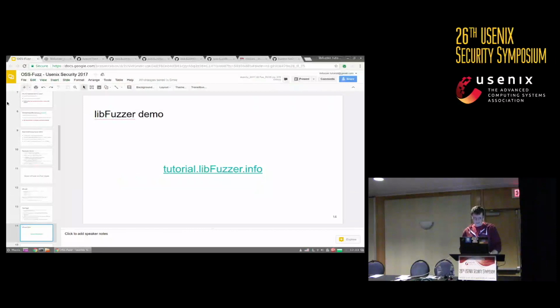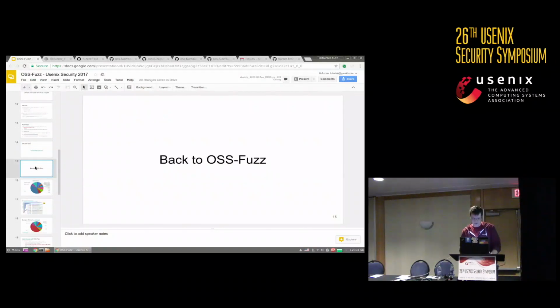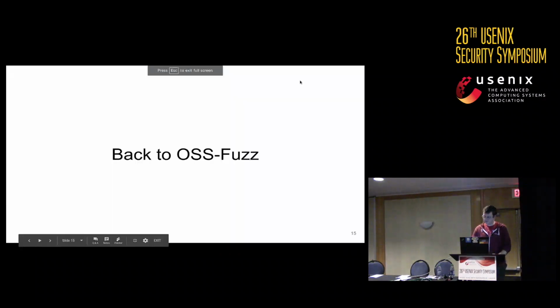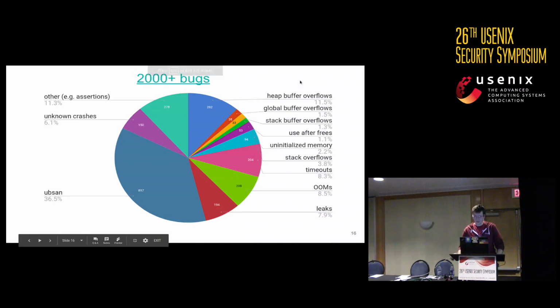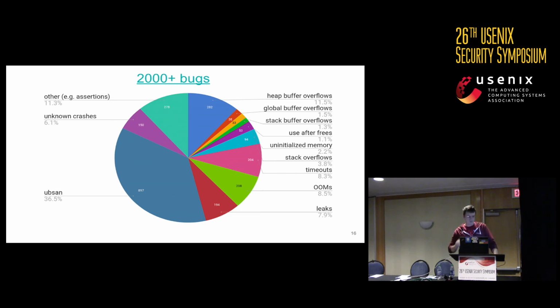Okay, we're short of time. I'm switching back to the presentation, and I will now continue talking about the OSS-Fuzz service. As I mentioned, we launched the service in December 2016, less than a year ago. And since then, we have reported over 2,000 bugs. And this colorful pie chart